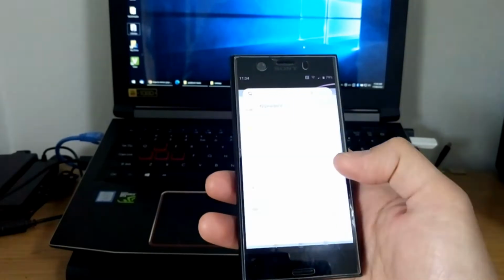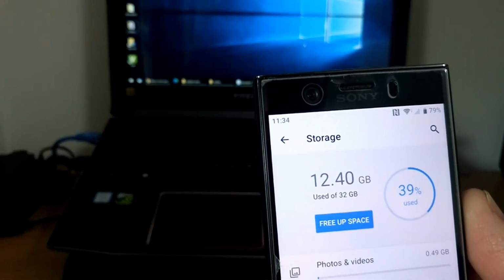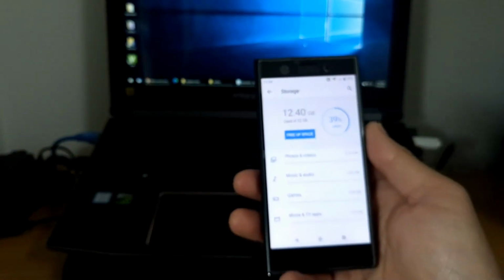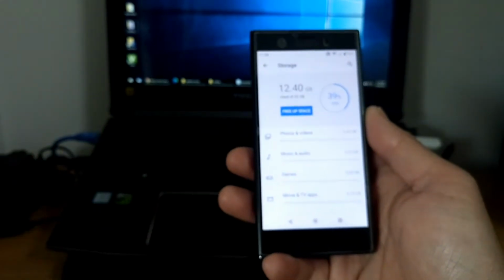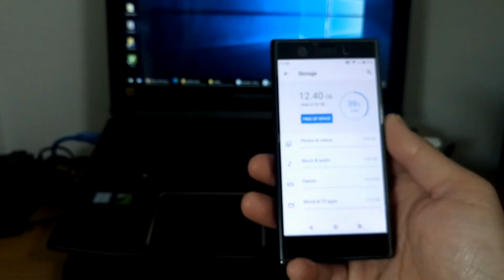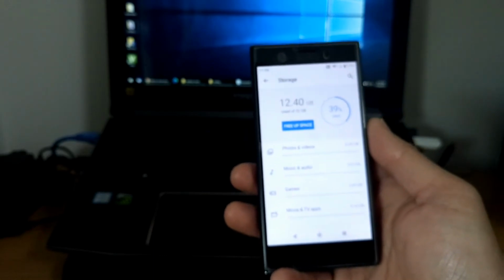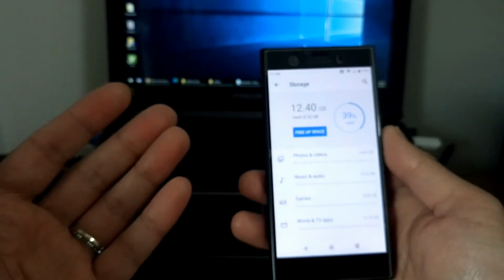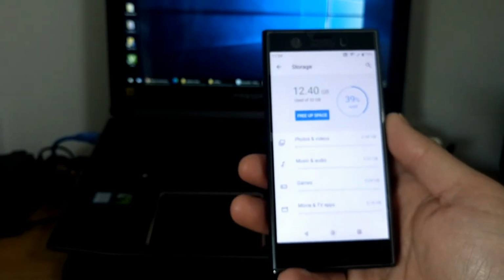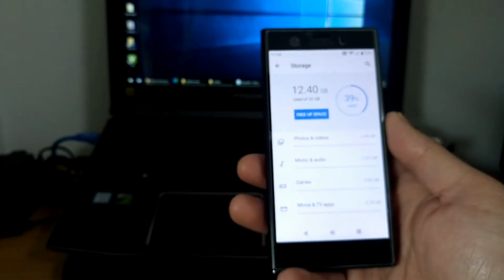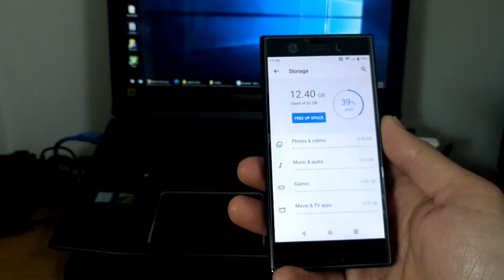So being this a compact phone, being an older phone, you'll notice the issue we have here is there's only 32 gigs and half of it is already used just for the stock apps and everything in a freshly reset phone as well. So my dilemma is if I want to store my apps and games like Genshin Impact, Final Fantasy and Tower of Fantasy, there's not going to be enough room. So today I'm going to show you how we can expand this room forcibly, because one of the features that Android used to have was to put some of the app data onto the memory card. So let's get started.